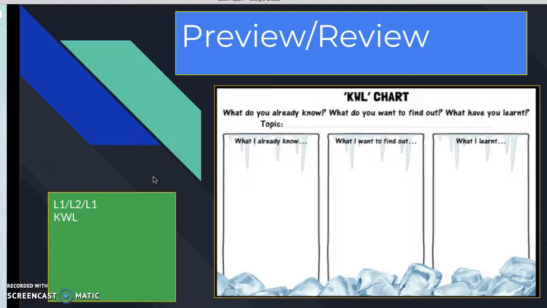Okay, the second column includes what I want to find out, and this is an opportunity for students to set some learning goals for themselves. What do they want to find out about a particular topic? And then the last column, as I mentioned, is the what I learned, or what I learned in British English. What I learned is about your opportunity to review, okay, and compare and contrast the first column, what they already know and what they have learned. Did any of their thoughts change? Do they still think that the moon is made of cheese? Of course not. This is their opportunity to review and reflect on